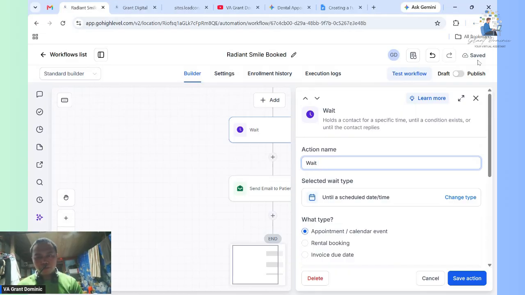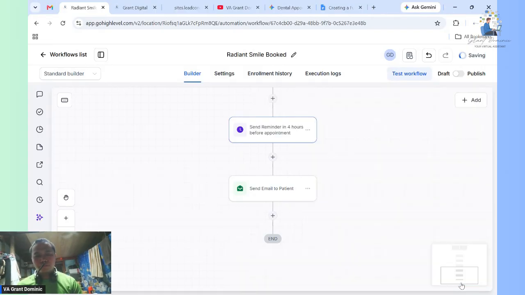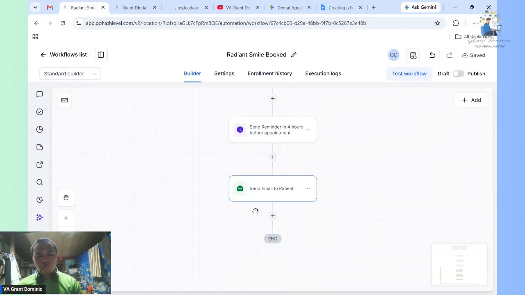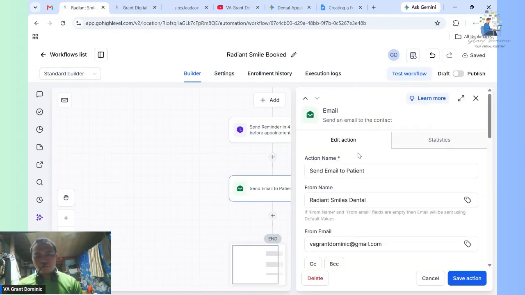Send reminder in 4 hours. 4 hours before appointment. Four hours reminder.